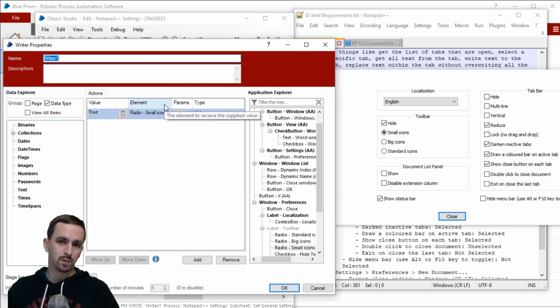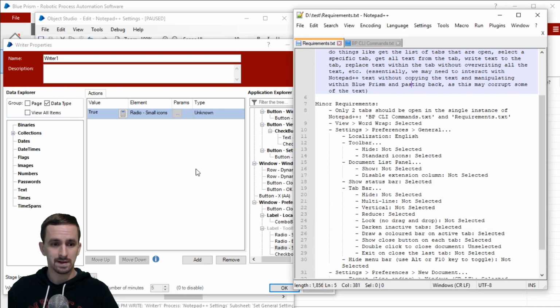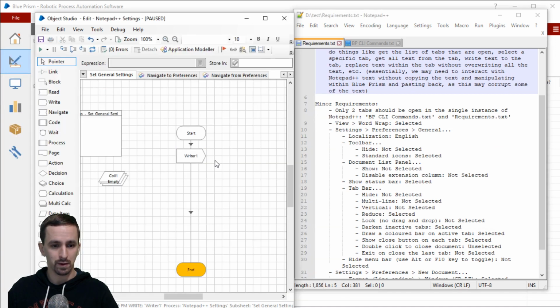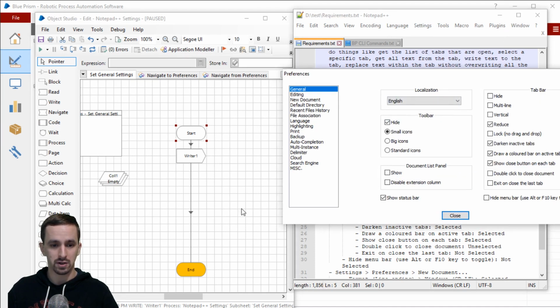Let's say that our contract with the process is that if they're going to call on set general settings, they have to give an input for every single thing. I don't usually like handling it that way, but sometimes it's just got to be that way. And I guess what we can do is have some initial values, and if they don't provide the value, then it'll use the initial value. We'll do that. So let's say that our input is going to be for every single item on the general preferences page,